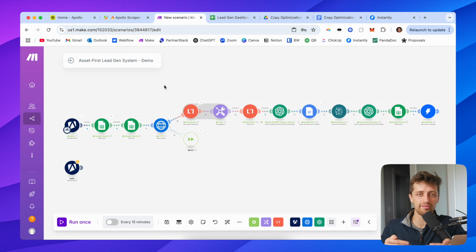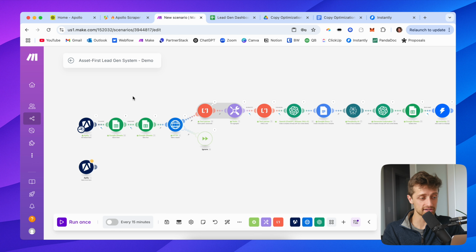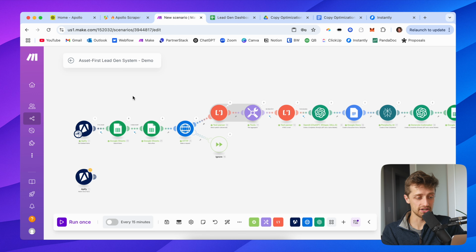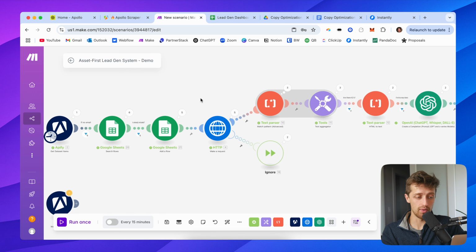We need to offer more value up front in our cold email sequences in order to even get reply rates anymore, just because all these AI systems are going crazy. So what we're going to do in this video is I'm going to show you how to build an asset-first lead gen system that essentially is going to scrape a lead's website,